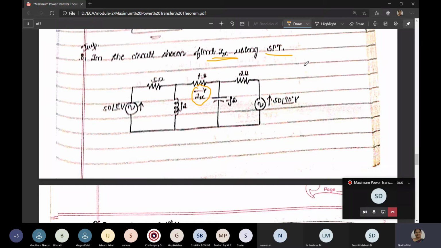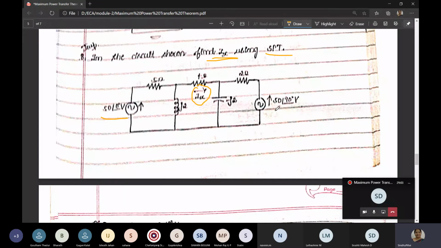First listen carefully to what this superposition theorem states. If a network contains more than one source, you have to take only one source at a time, and the other sources should be removed. If the other sources are voltage sources, you have to short them, and if it is a current source, you have to open it. In our network we have two sources, both are voltage sources. So we'll take one source at a time, that is we'll take 50 at an angle 0. All are in j terms, AC source there.